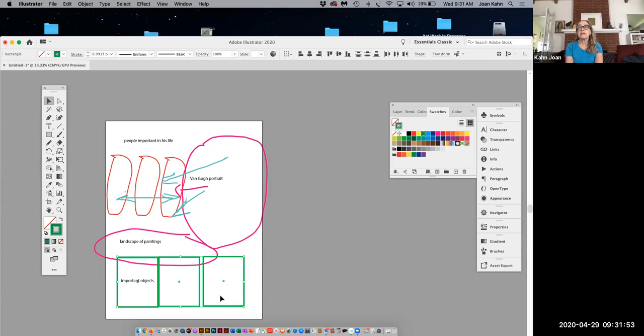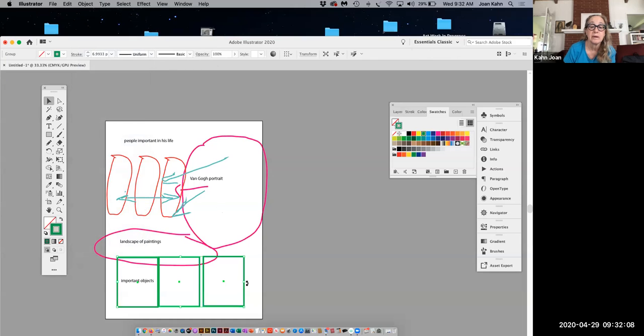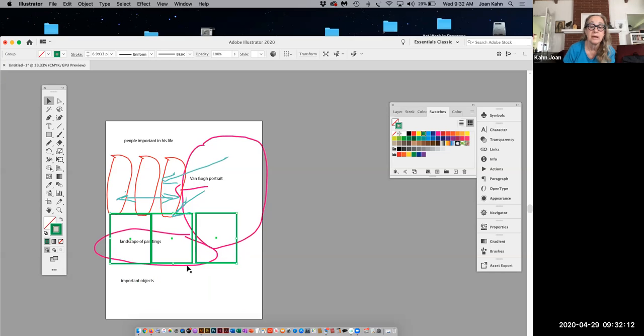This is just some ideas. What if you decide you want the reverse? Well, in Illustrator, it's perfectly possible to just, I'm going to group this bunch just so I can move it all together. Maybe you decide, okay, I really wanted this to be up here and the landscape to be the foreground. This might look a little weird, but if it's a foreground of, let's say you knew that they